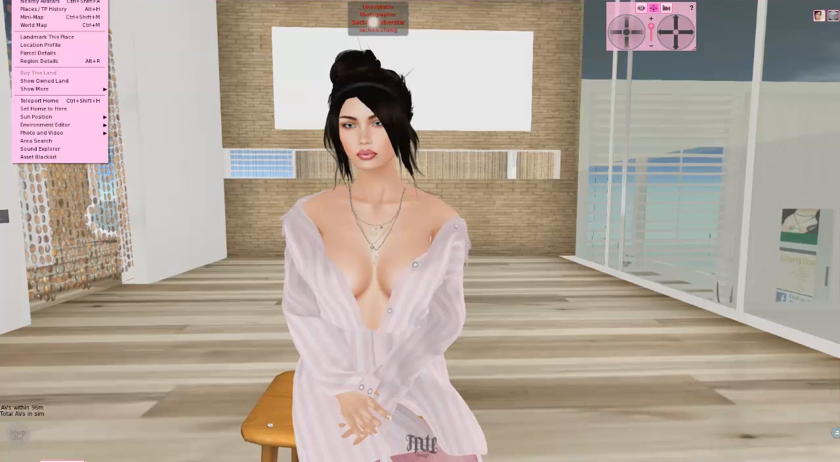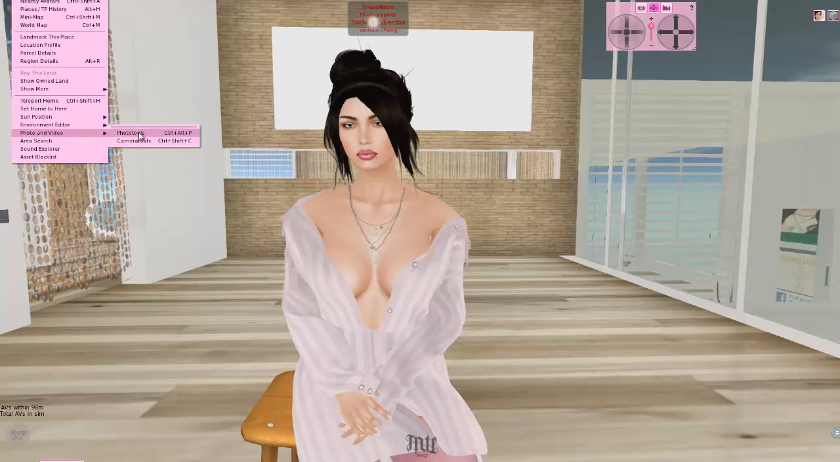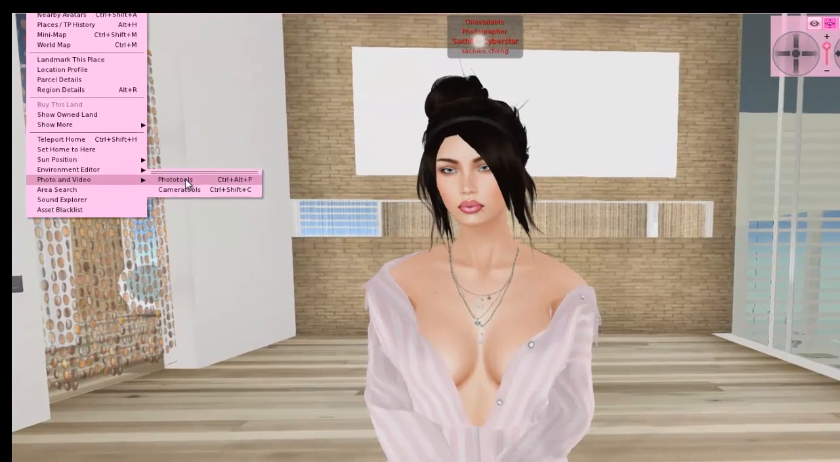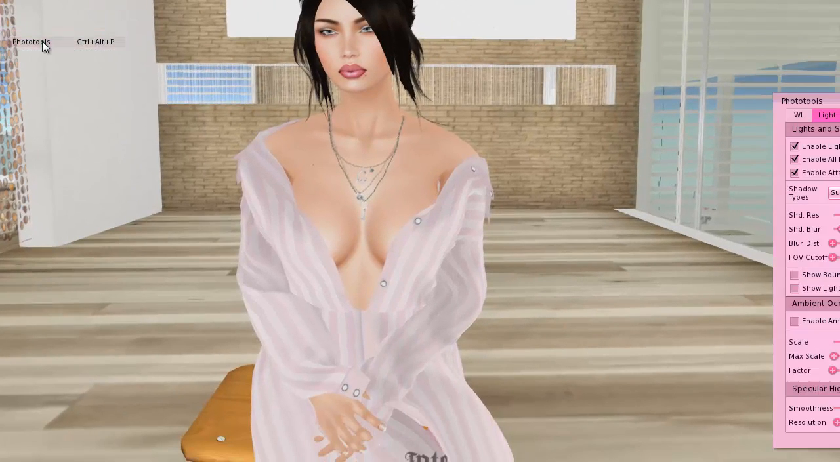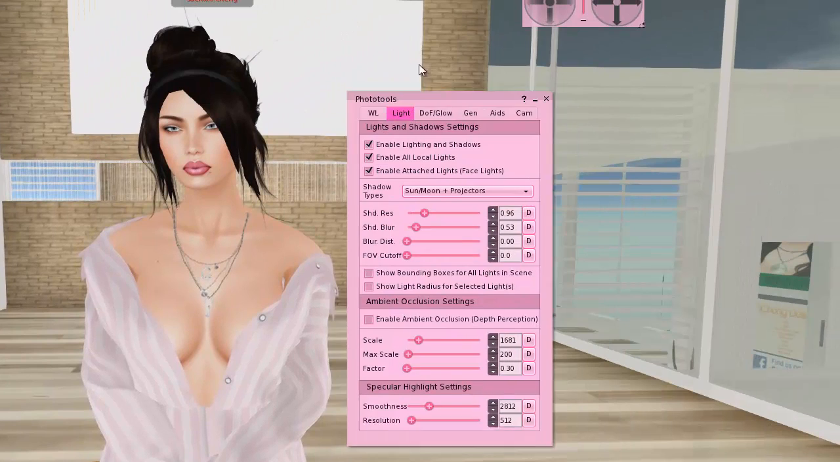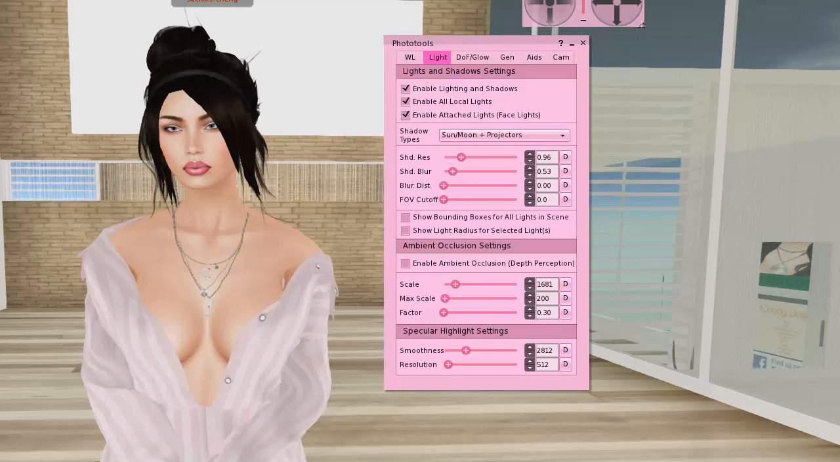First, you need to go to World, Photo and Video, and Phototools. If you like shortcuts, the shortcut is Control-Alt-P. So you just click that. My settings right now are on high, not ultra. If I'm actually doing pictures, I'll turn it up to ultra, but just for this tutorial, high should